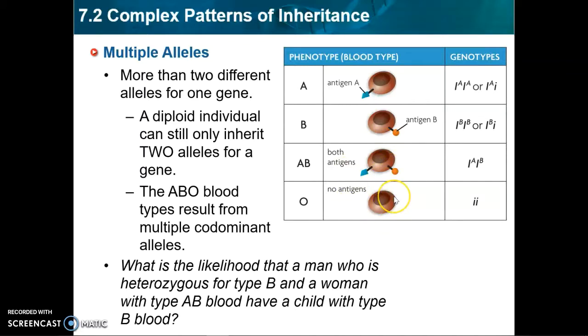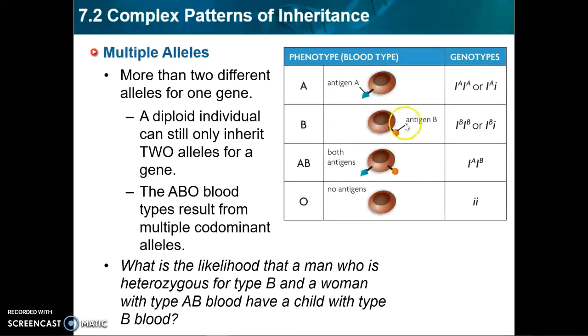And finally, if you are type O, there's only one way you can be type O, and that's if both of your I alleles are this lowercase type O allele, and then your blood cells would not have any antigens on them at all. So taking all of this information into account, we have a question here that's a good chance to practice. What is the likelihood that a man who is heterozygous for type B